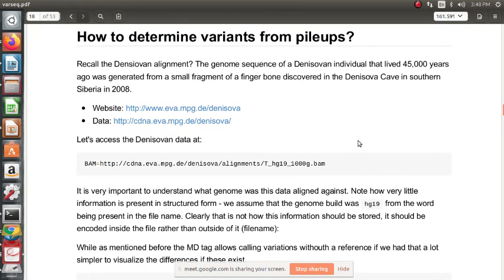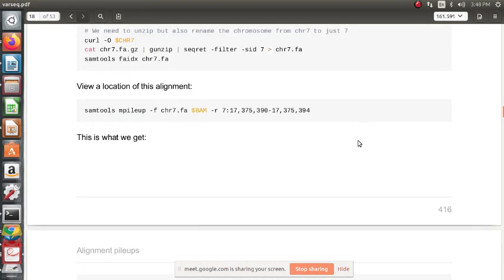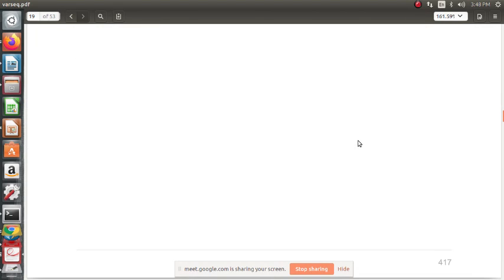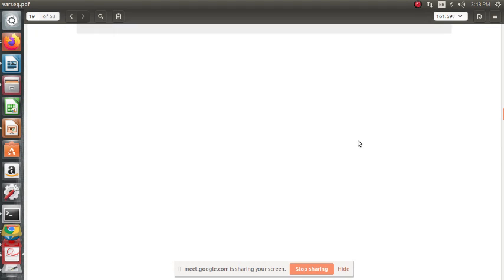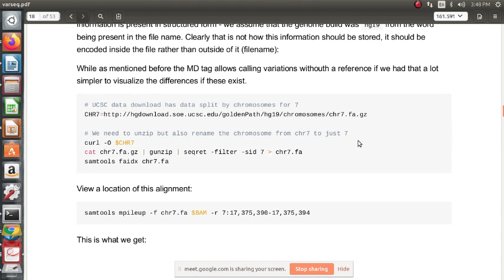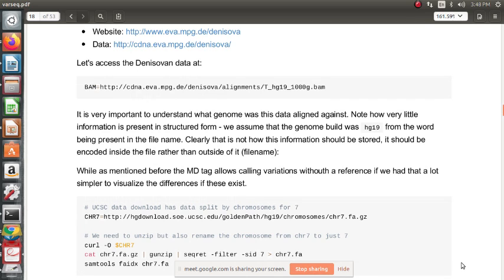So this BAM file, I think this was a very huge file. Last time we also tried to download. So this will complete up to, okay, VCF format we'll see tomorrow. If you can see the file size of this, let us check. So we will download this now.